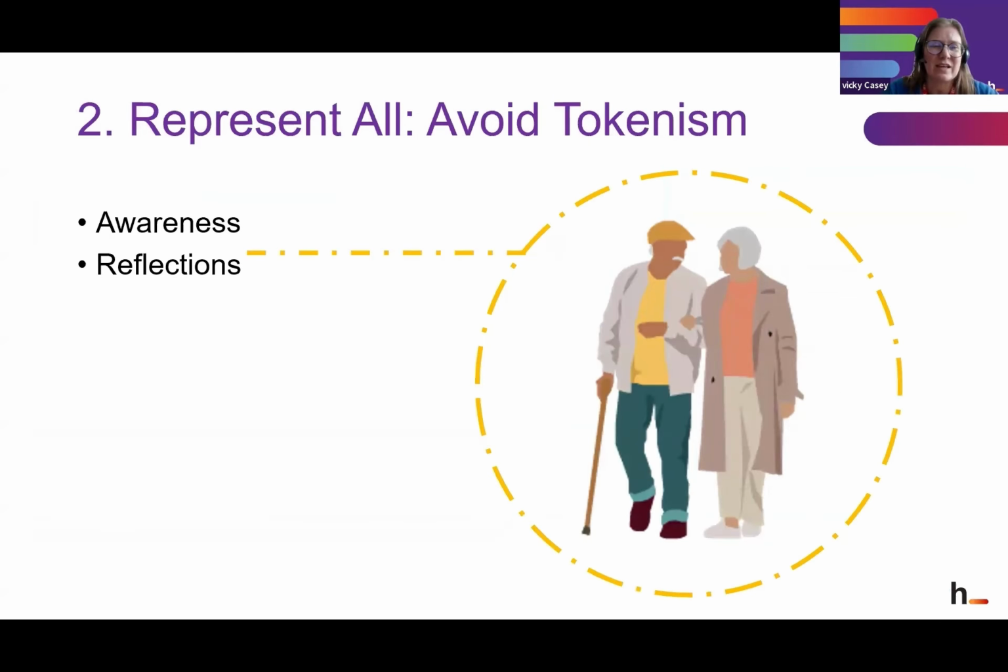And then the second guideline is to represent all and avoid tokenism. It's similar to the one about stereotypes that's coming up, but just realizing that just because you've depicted somebody of a different demographic or a different typology, have you actually been quite tokenistic in the way that you have depicted them? Because you can be inclusive and diverse in your representation, but you could also be playing into kind of tokenistic